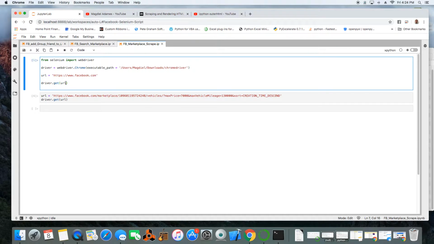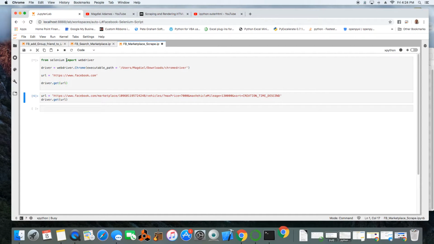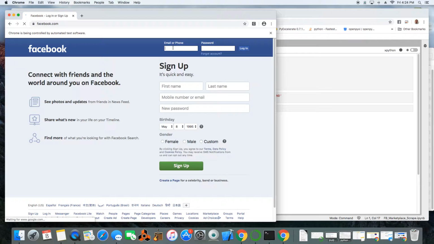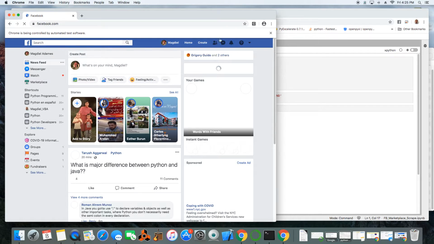Hopefully not yet. All right, so let's navigate. I'll hit run either by shift enter or here clicking. I like using shift enter, but I'll click just so that you guys can see. It's going to navigate to Facebook. I'm going to manually log in, and then we'll navigate to Marketplace and take it from there. I'm still using Yahoo. Password, blah blah blah. Okay. So now that we've navigated,